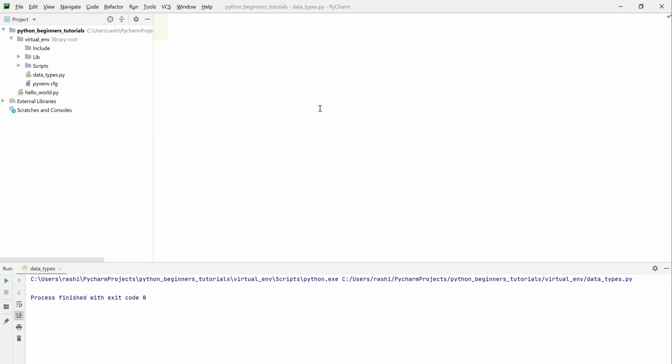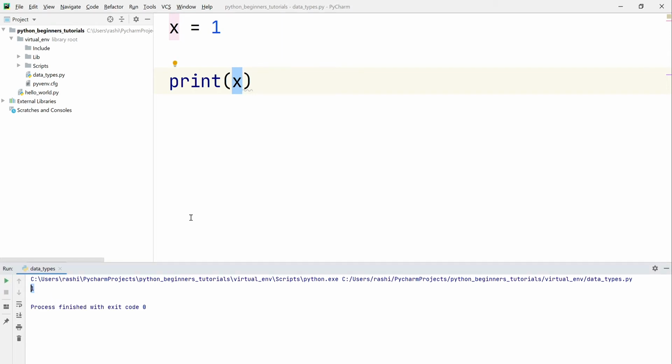What is a variable? A variable is just a container in Python. So let's say I say x is equal to 1. What's happening here? I'm saying take the value 1 and store it in a variable called x. Whenever I need to access this value, I can simply say print x. Printing the value of x means I'm telling Python to take this container, pick the value inside and print it. If I execute this program, you will see it prints 1. So this is a variable definition.